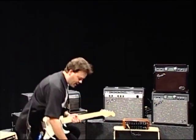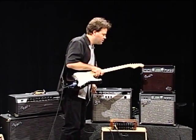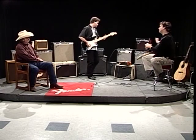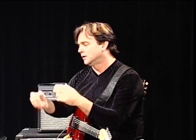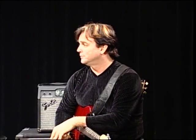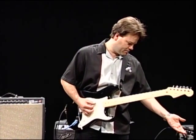My regular stock American Fat Strat here. This is specifically addressing an issue that guitar players have had for a long time, and the G-DEC addresses it in a different way. We all love the sound of a great tube amp turned up really, really loud, but even in the best of situations, sometimes that is just too loud. So an amplifier like this, set clean,